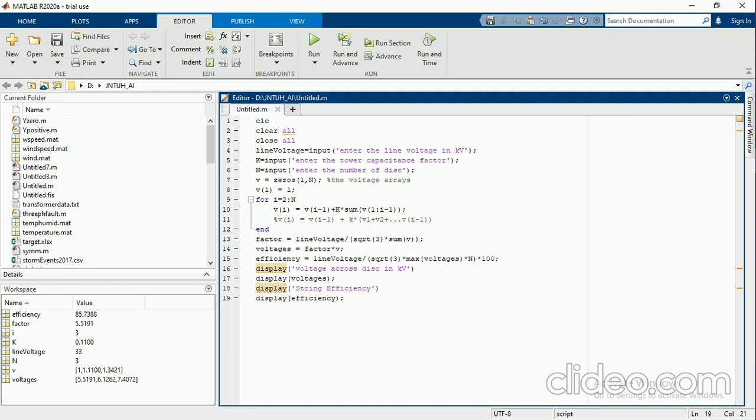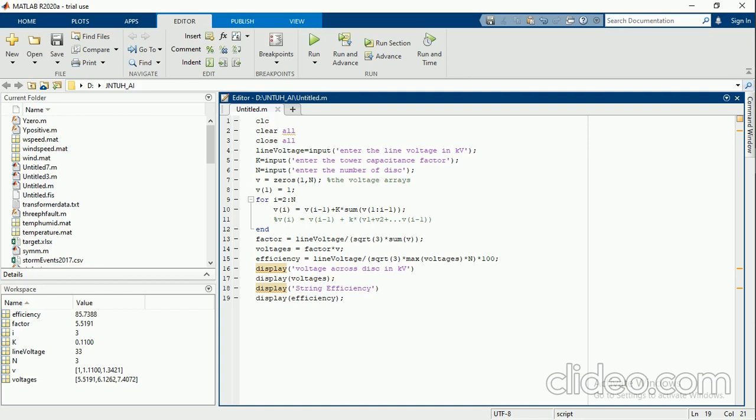Okay, so this clc represents clearing our command window. To clear the command window we use this one. And clear all is to clear the workspace, because I have to rewrite this efficiency value. To clear these values in the workspace, I use clear all. When coming to close all, to close any opened windows or any opened graphs, I use close all.